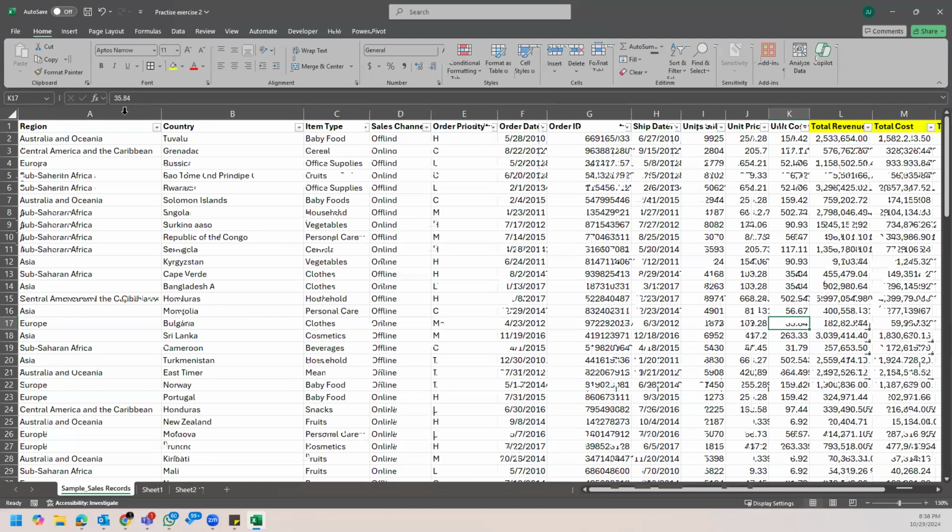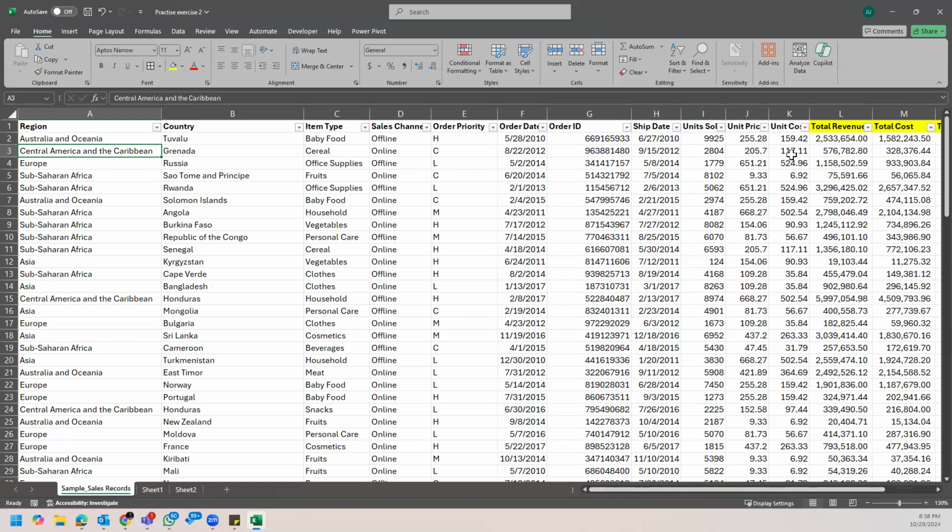The range would be the area of focus, the criteria what you are looking for there, and the sum range is the column you'll be summing. For example,